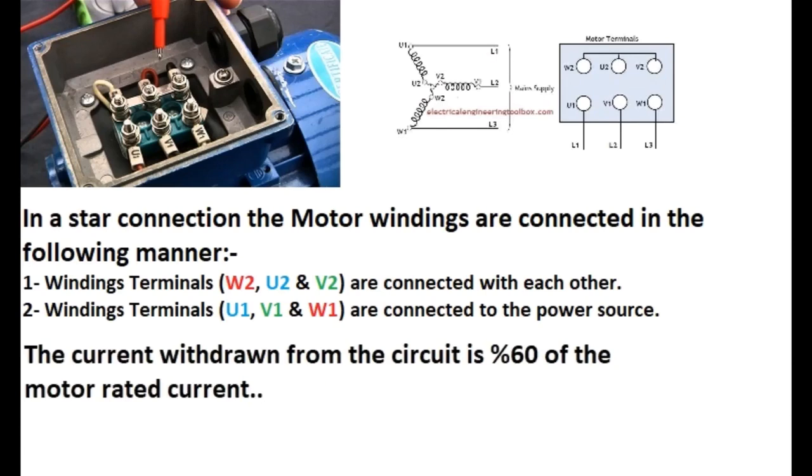The current withdrawn here from the circuit is 60% of the motor rated current, and this is a protective method in order not to get the full circuit load. Maybe your circuit is 400 volts, and the rated voltage on the AC motor's nameplate is 220 volts. So in order to get the 220 volts, you attach your AC motor in a star connection, and this will withdraw only 220 volts from the circuit